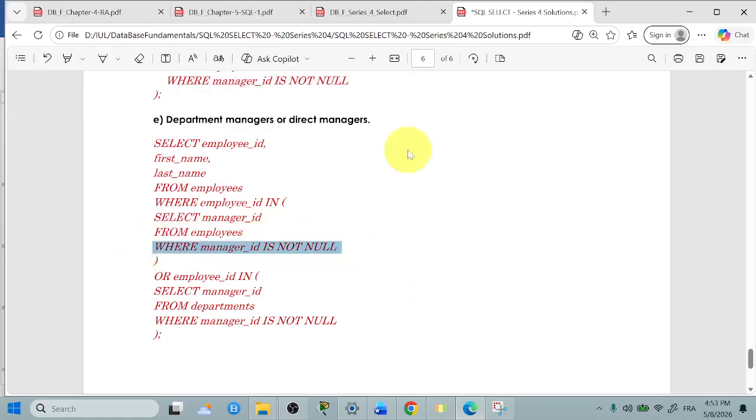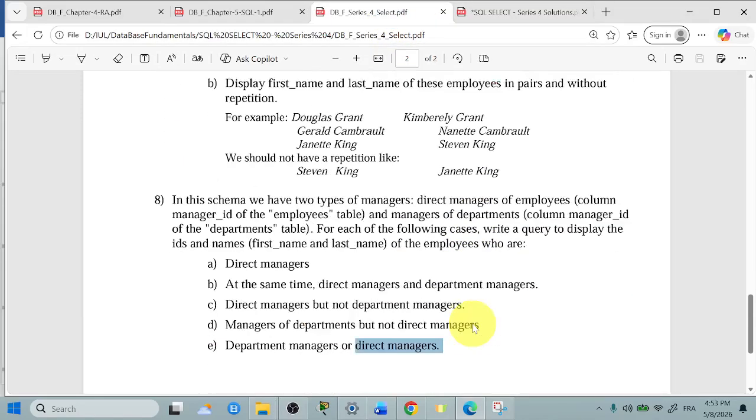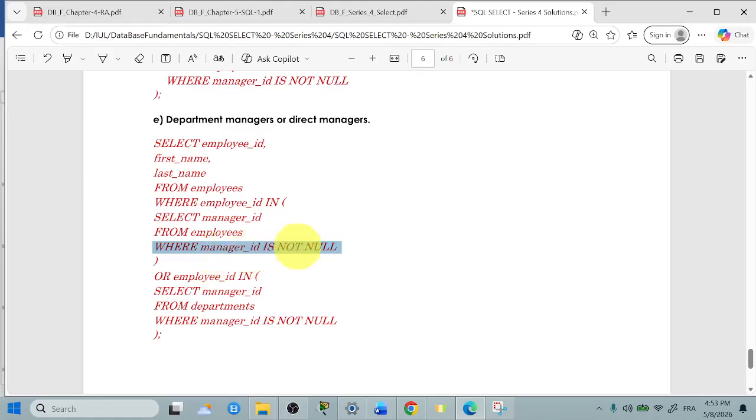Yeah, for sure, because we are looking for department manager or direct manager. It means that the manager ID should not be empty, is not null. Where manager ID is not null in table employees, that's true. Or employee ID in select